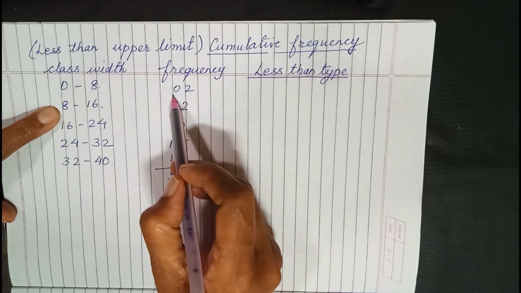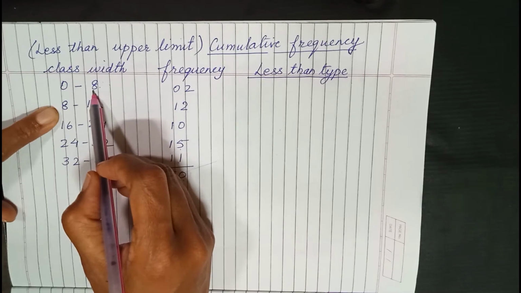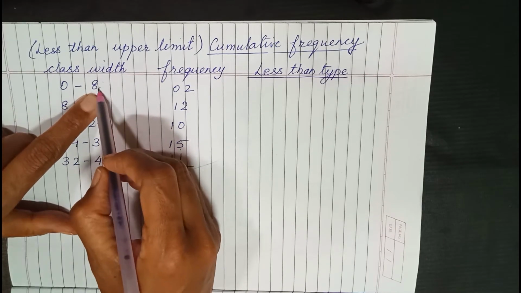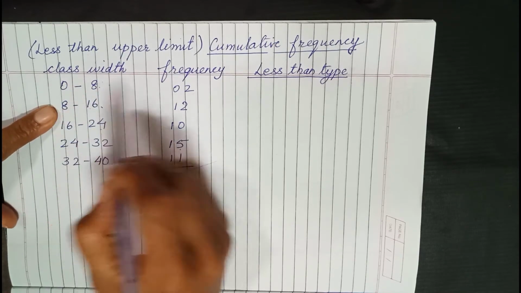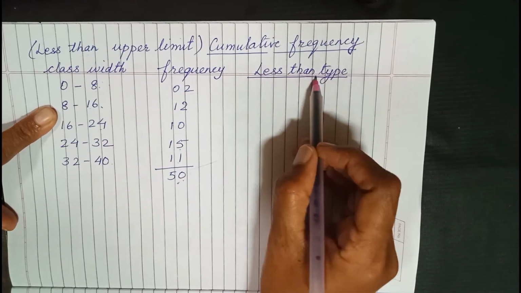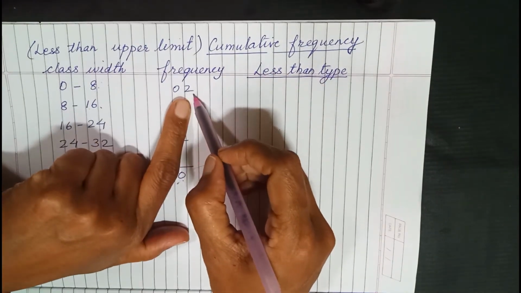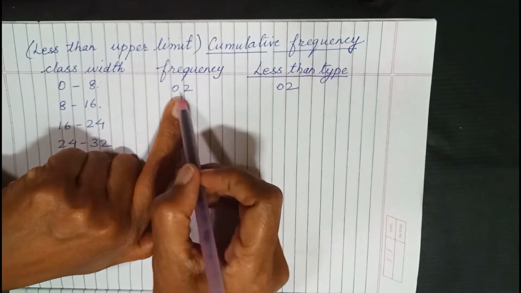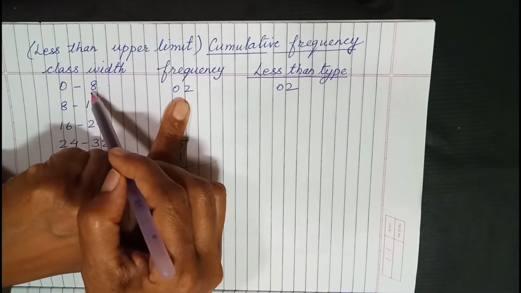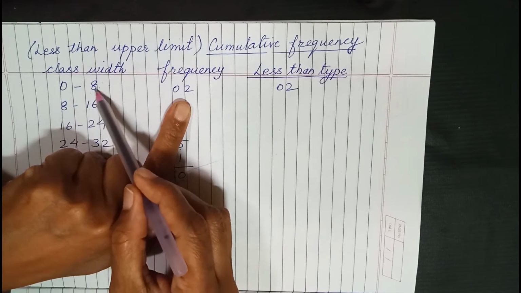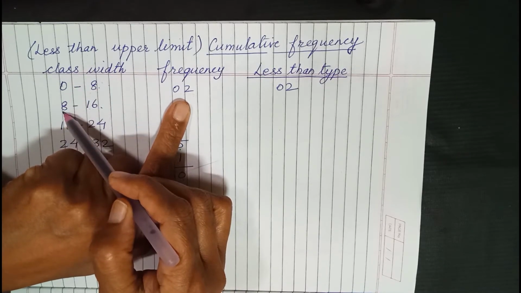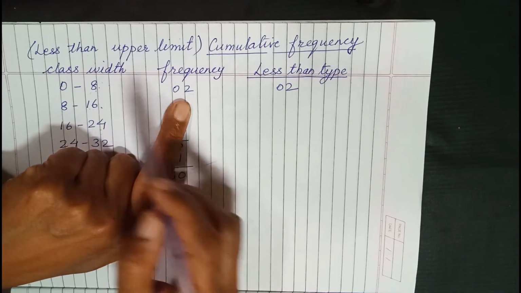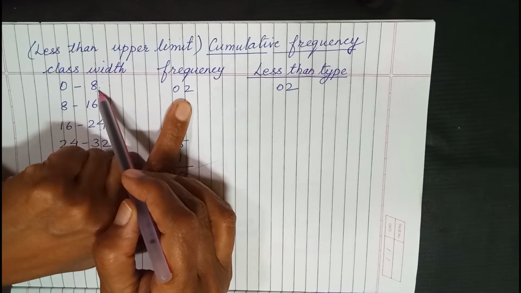So if this frequency is 2, it shows the count for people who scored less than 8. The value 8 is not included here, but in the next class. That means if I want to find out how many of them are less than 8, the answer is 2, because it will never be equal to 8. It will always be less than 8, because 8 is included in the second class. So here it goes only up to 7, which means these two frequencies are definitely less than 8.